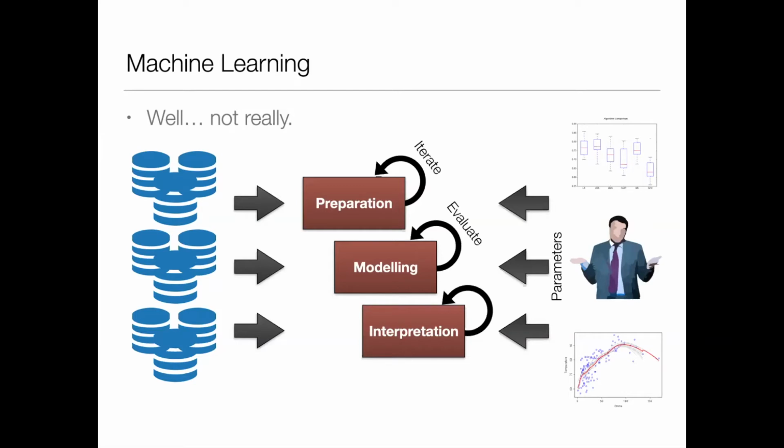For example, you had to prepare your data a lot, because most data comes from when you measure it or extract it from the real world. Most data comes very unstructured and dirty, so to speak. So you have to prepare that, and that involves a lot of iteration and preparation.